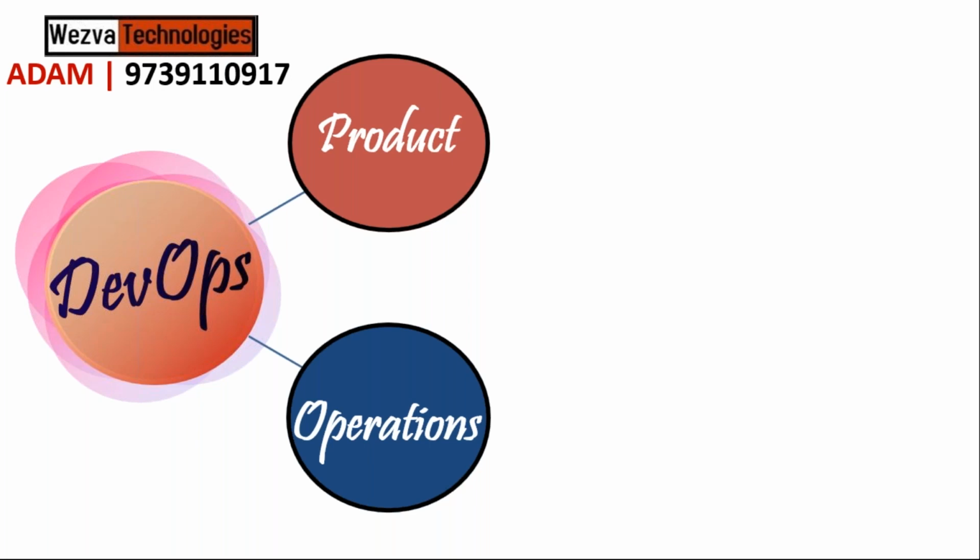Because what happens when you go to an organization as a DevOps engineer, you will not be fitting in everywhere. You will either be joining a team within a product group, or you will be joining a team within the operations group, right? So you need to first understand what goal a company is trying to solve, in terms of what problems they have in the product group or in the operations group.